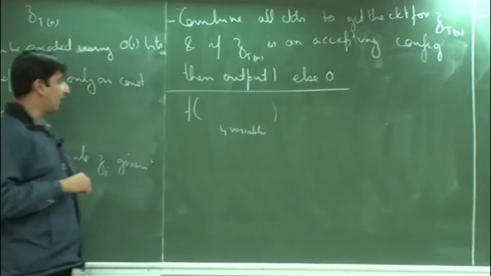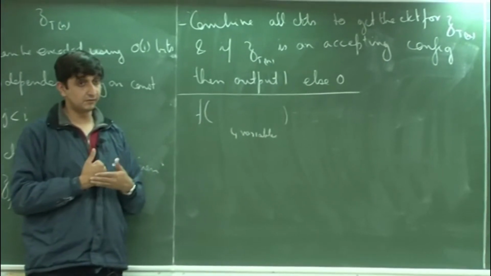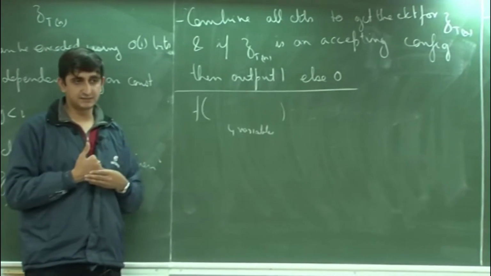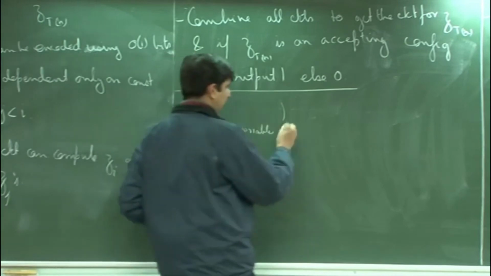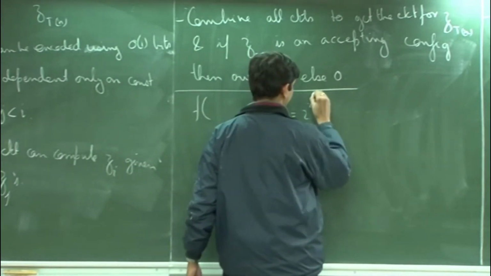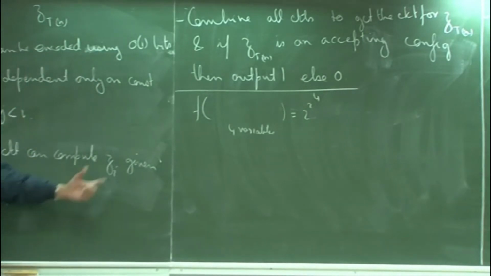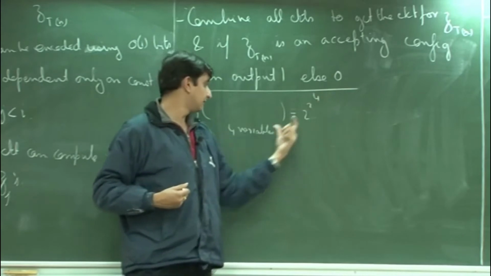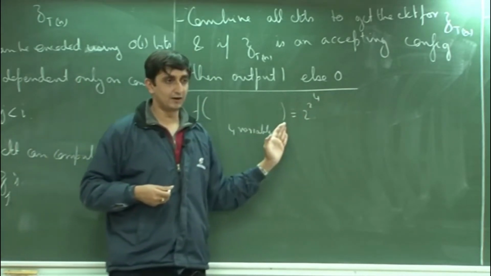Okay. So, how many different functions are possible on 4 variables? Binary functions, yeah. It is not 2 raised to the power 4, it is 2 raised to the power 2 raised to the power 4, right. Because for each setting of these 4 variables, there are 2 to the power 4 settings of these 4 variables, and for each setting it can take either a value 0 or 1.